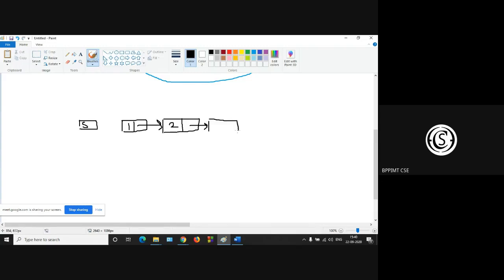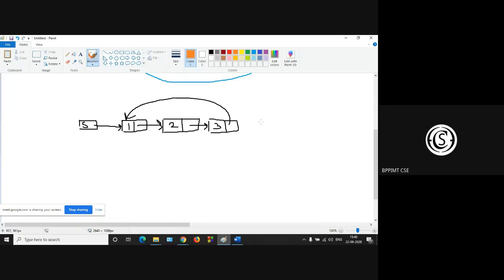This is our last node, 3. So as this is the circular, there is a connection between this and this. As this is the circular, 3 and 1 must be connected.